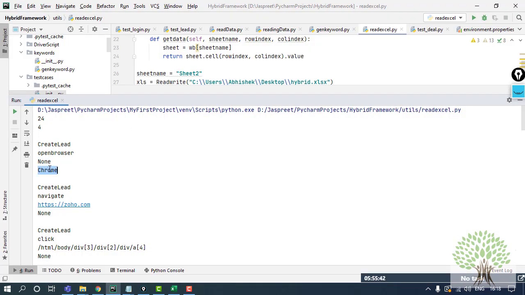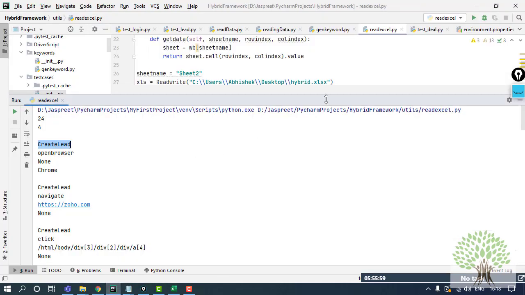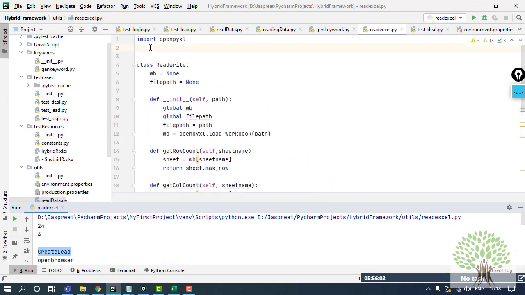This way my data is being read, but this is not the right way we are going to read it, because basically my test case name over here, you can see that in the same sheet I have 2 different test cases given. So over here I have to put a logic in which my data will be read according to the test case name.